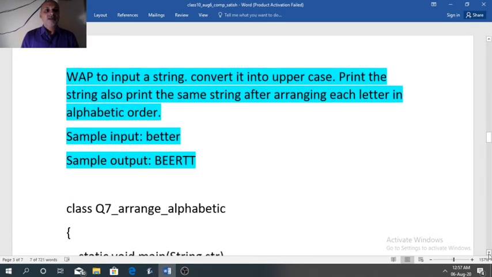Second program is write a program to input a string, convert it into uppercase. Print the string also, print the same string after arranging each letter in alphabetic order. If the sample input is better,